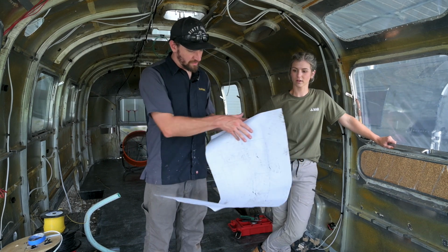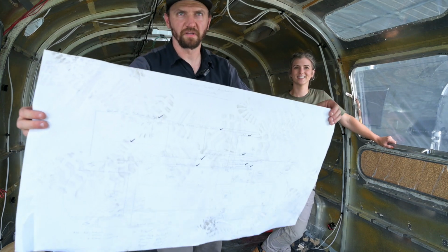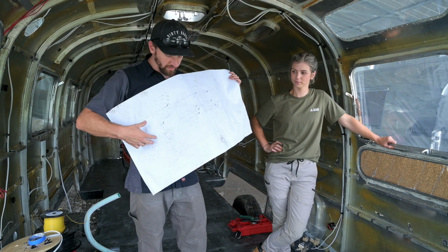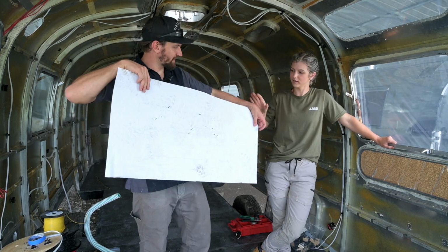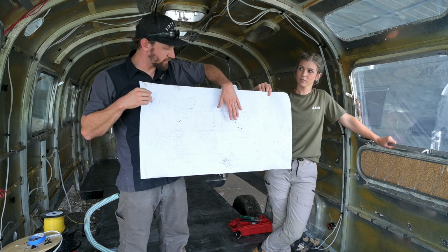This one has, well, we kind of walked on it a little bit, I don't know how well you can see this, so it's kind of hard to tell. But basically I will draw out the trailer and the whole layout, and then I'll put all of the different electrical components that we're going to put on there,